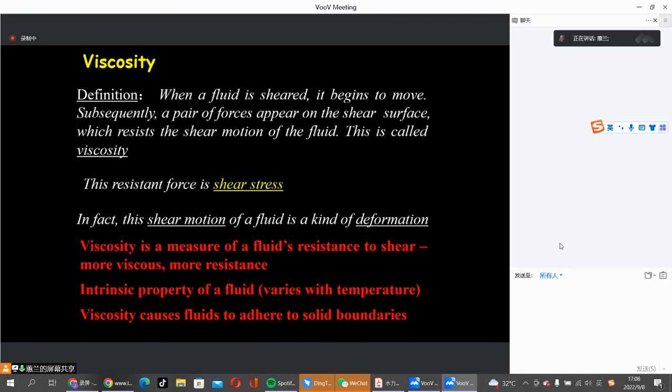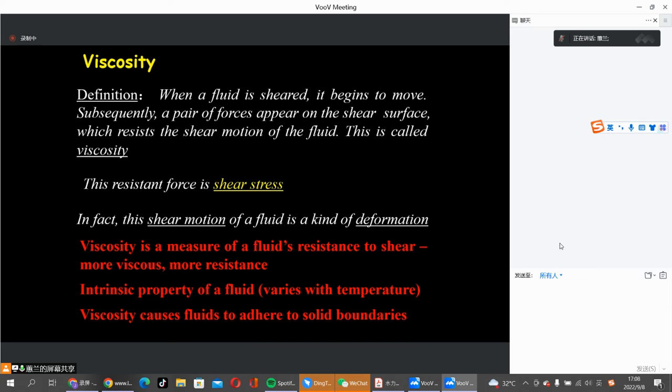Viscosity is introduced to measure the resistance to the shear motion. So when a fluid is sheared, when the fluid is under the action of a shear force,